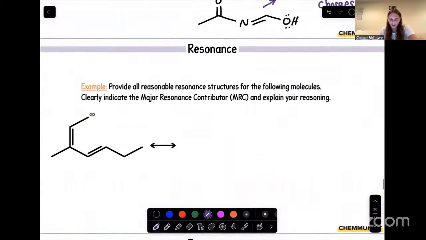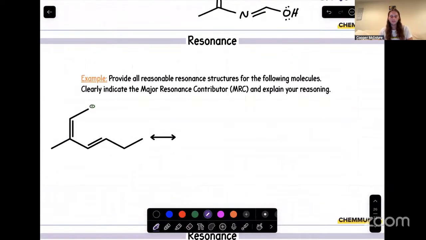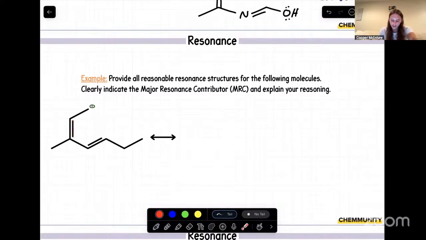And then for our last resonance example, yet again, we're starting with our positive charge, but we also have to start with electron density. So we'll start with our pi bond because that has electron density, and we'll move it towards our positive charge. Move it over like that. And yet again, since we're dealing with just a positive charge on its own, we only have to use one arrow. That's a common trend.